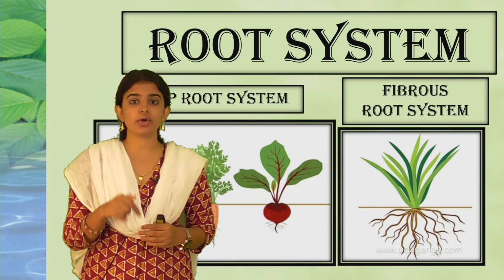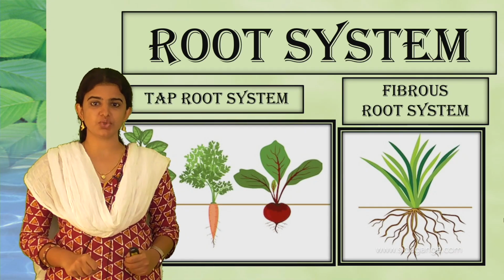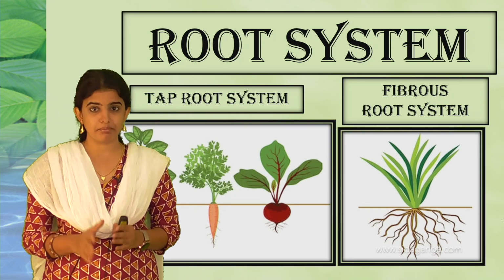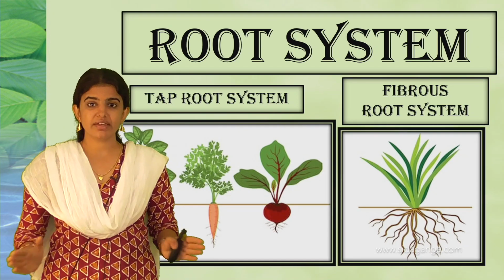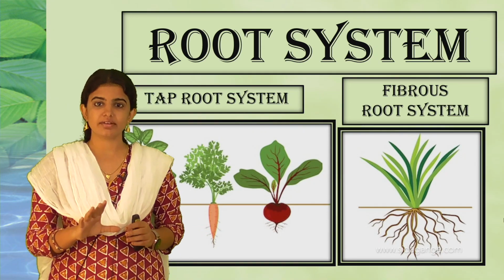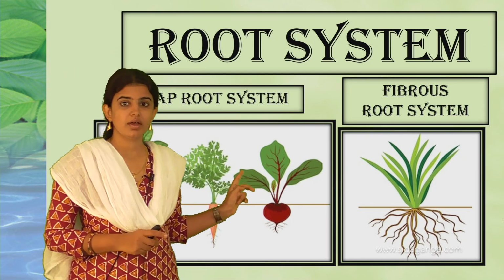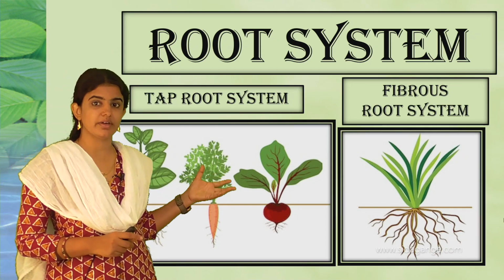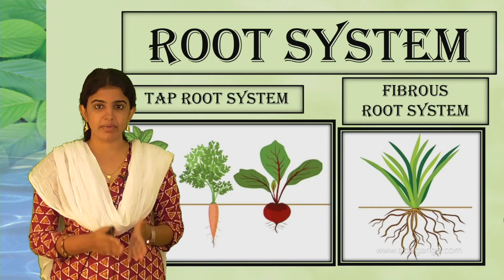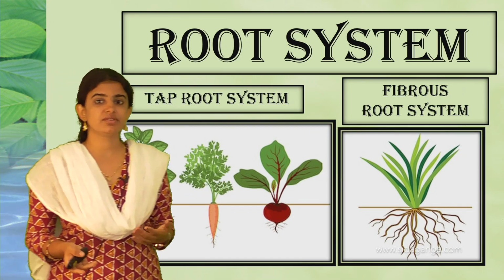Taproot has an elongated structure which goes deep into the soil and is firmly fixed into the soil. This elongated structure of the root is called the main root, and beside the main root there are small lateral roots attached to it. This is how the taproot is divided into two parts: the main root, and the small network-like structure attached to it, called the lateral roots. This one is the taproot, and next one is the fibrous root.